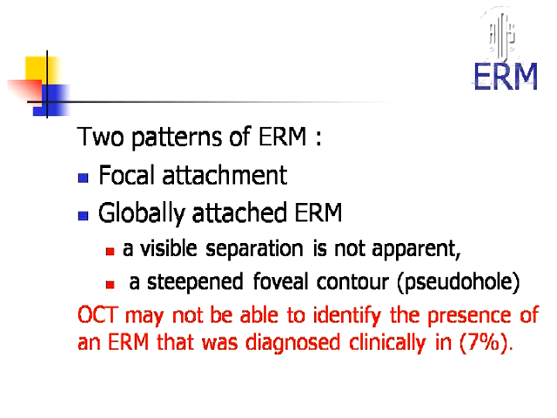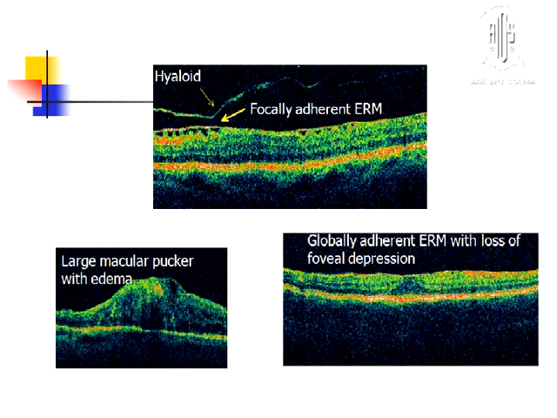Believe me, OCT may not be able to identify the presence of ERM, which was diagnosed clinically by tortuous vessels, in around, say, 10% of patients. This is what I was talking about, focally adherent ERM. This green line, what you see here, is the hyaloid, which is detached. And this red is the epiretinal membrane, which is focally adherent here. In between there are spaces. In between it is not adherent. Here again ERM is there. This is a globally adherent reflective membrane all across the surface of the retina.